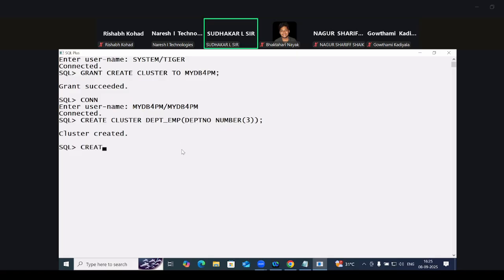Then create index CI, a cluster index, on the cluster name. What is the cluster name? DEPT_EMP. The index is also designed. Next, the tables. Now the tables you have to join. First one: create table DEPT1, and go ahead with department number, number of three,